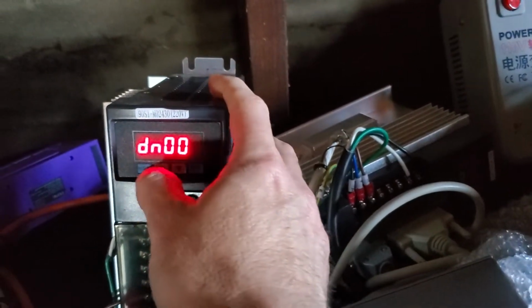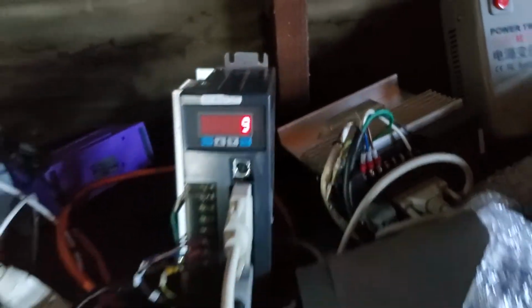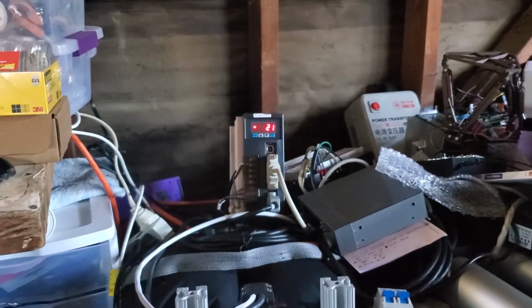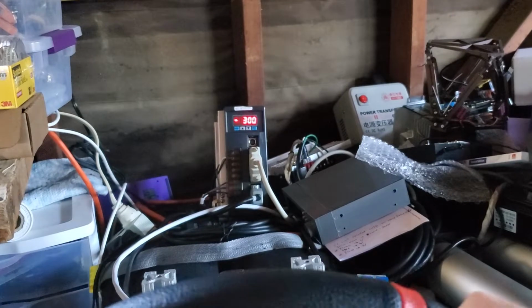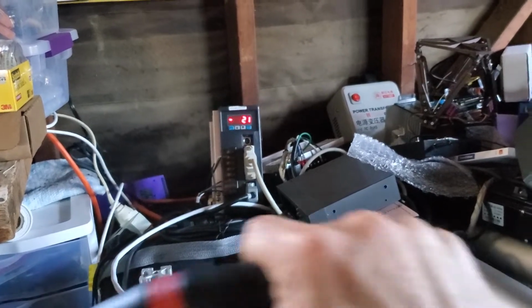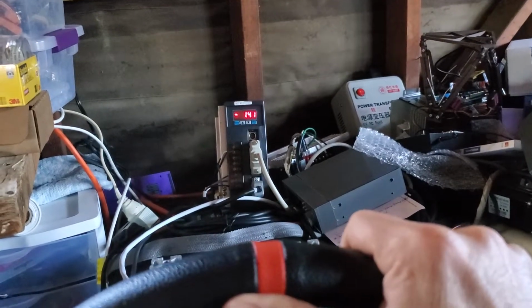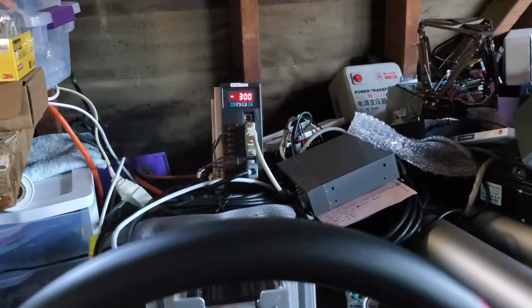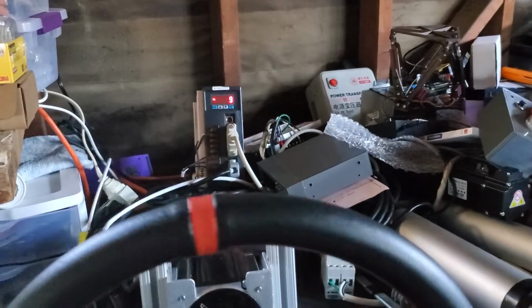So I'm going to put this on. I think it's 2. Yes, it shows the torque, which I have here, so I get the maximum. I get 300% there, and I have the hard stop 220, 150, almost 300% overrun. Okay,